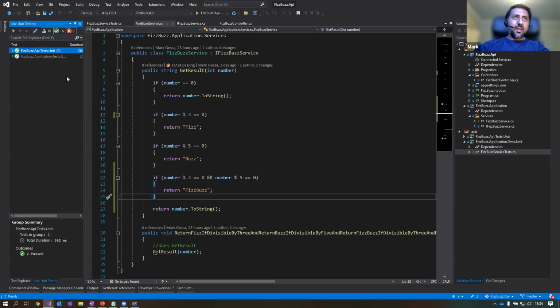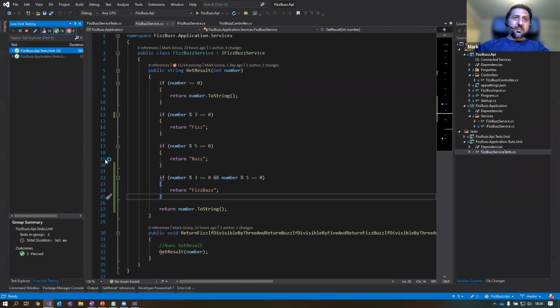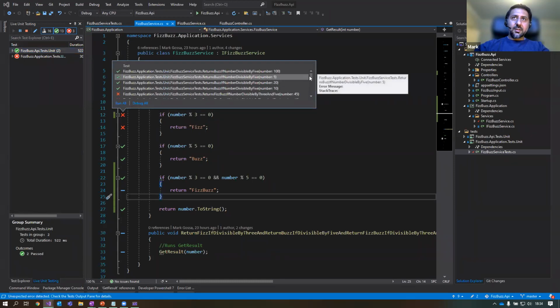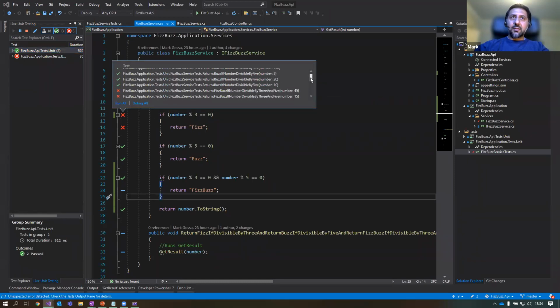If I hit the start button, it's going to check my code each time I finish typing part of it. So whenever I make a change to the code, it's going to run all the tests. Here you can see that there are some failing tests related to this class, and you can go through and have a look at those.